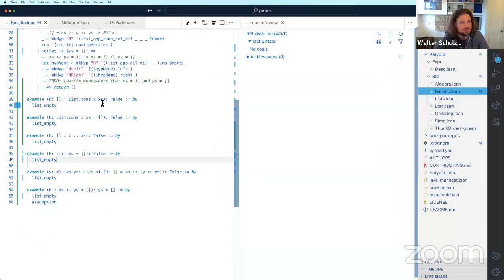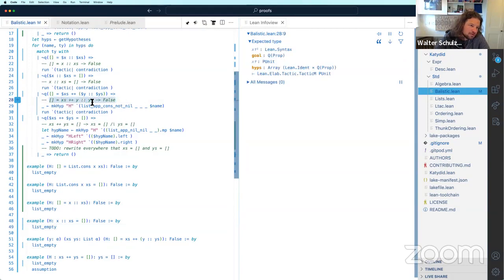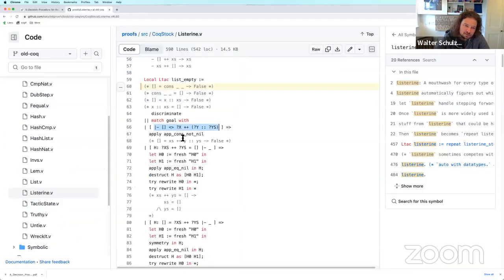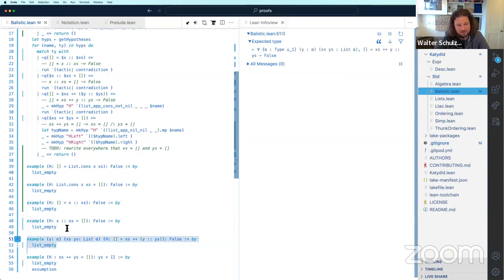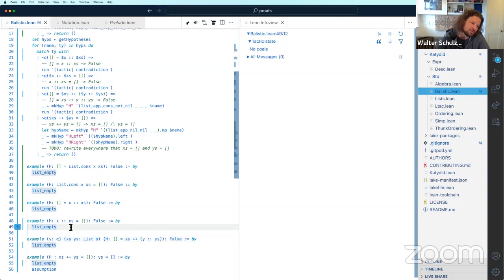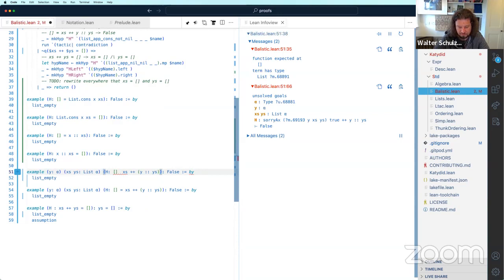I wonder if we've done that one. This looks like this. But I don't think we've completely done that, because we're not handling the not equality.